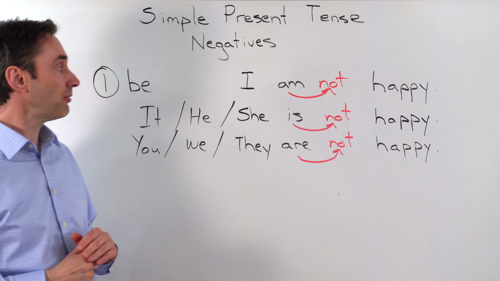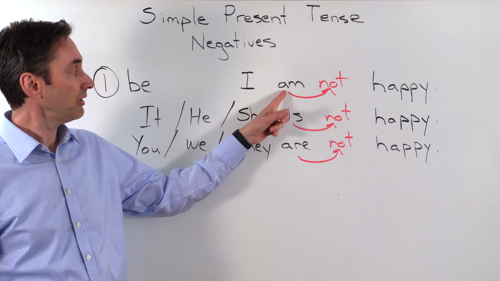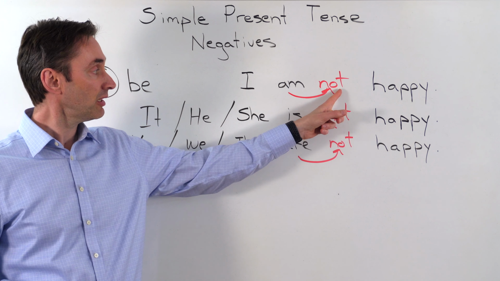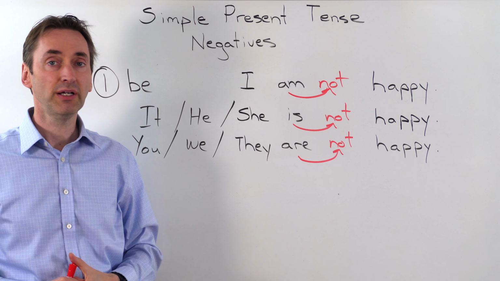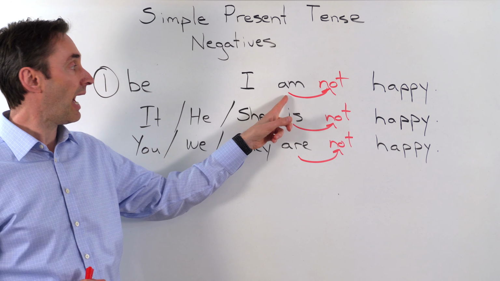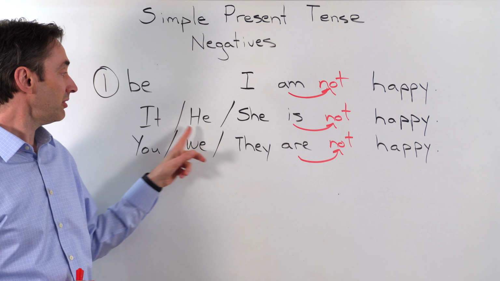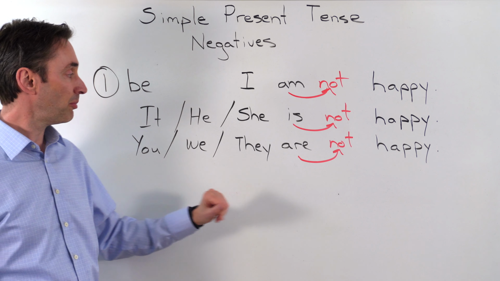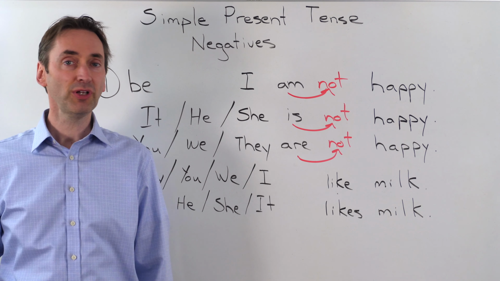be 動詞の場合は文章の中の be 動詞の形の後に not をつければ否定はできる。I の場合は be 動詞が am になる。it, he, she の場合は is。you, we, they の場合は are。